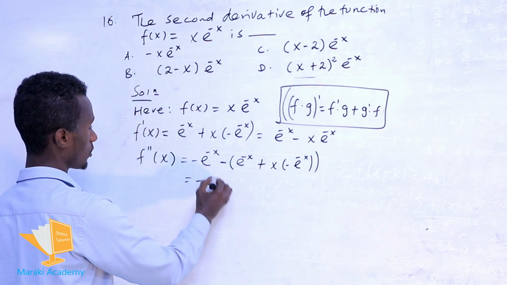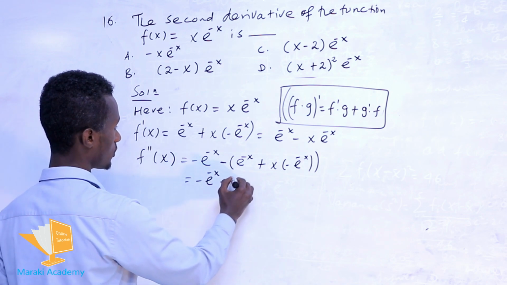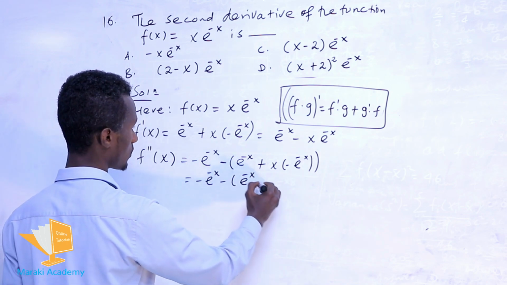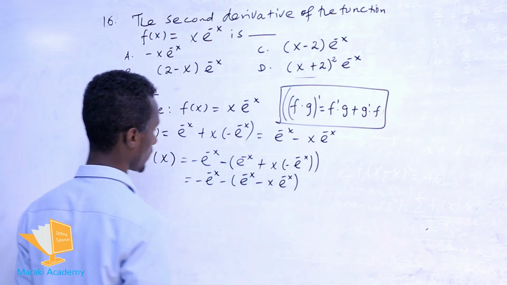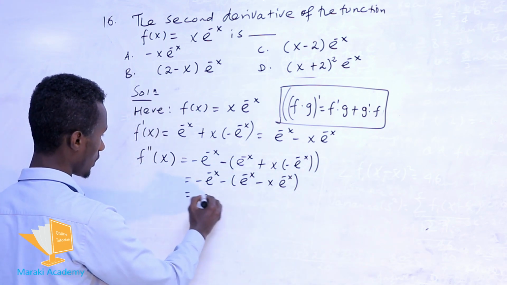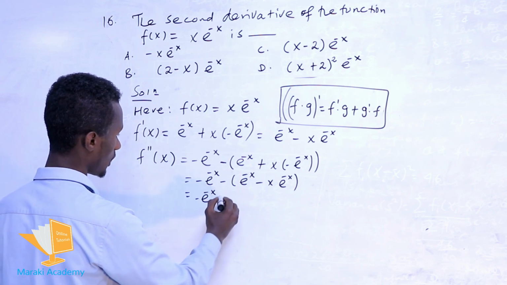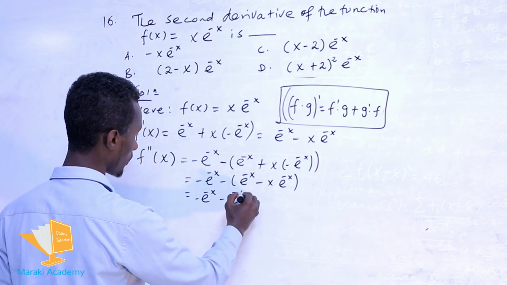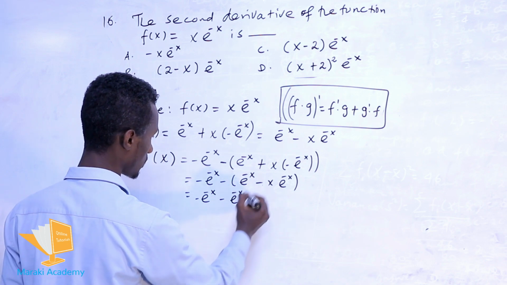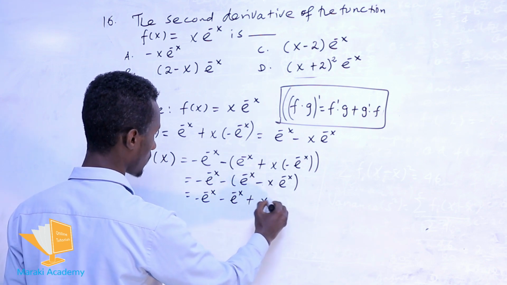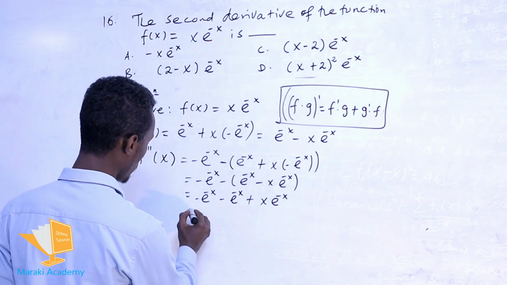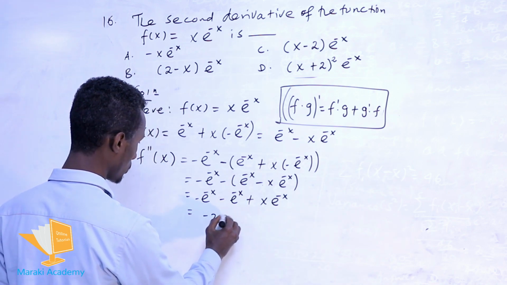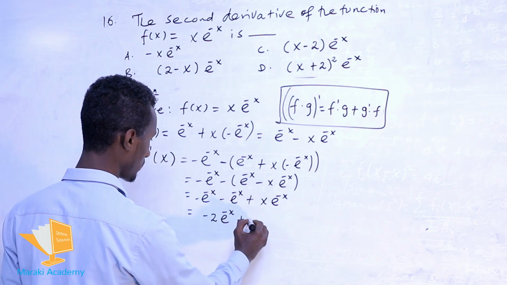ይሄንን ከዛ በኋላ ሪአሬንጅ ማድረግ ነው። e raised of minus of x minus into e raised of minus of x እዚህ ጋር minus of x into e raised of minus of x ይሆናል ማለት ነው። So this becomes e raised of minus of x minus e raised of minus of x እዚህ ጋር እቺኛው ሳይን ቼንጅ ያደርገውና plus x times e raised of minus x ይሆናል ማለት ነው።